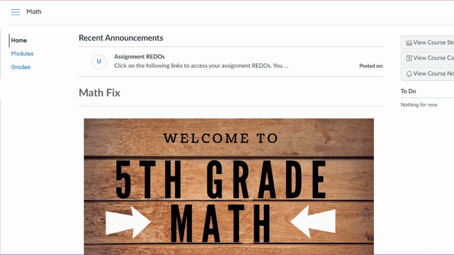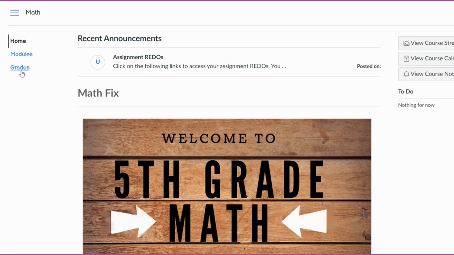So as soon as you get in, you're going to see three things on your left, same as science: homepage, modules, and grades. Click on the homepage whenever you want to get back to this. If you need to get to an assignment that we had done in the past or up to that day, you can click on modules and find that assignment. In grades, you can check and see all the grades that I have put in for you. All those grades are usually updated, although in math you can probably see all of your grades on